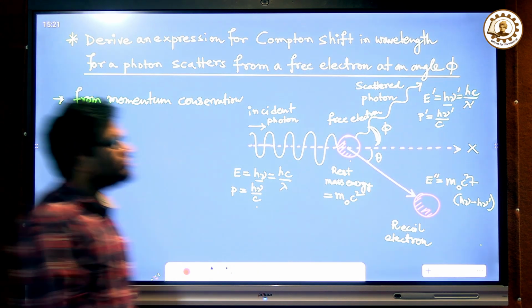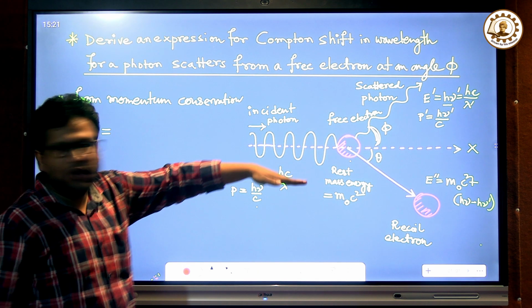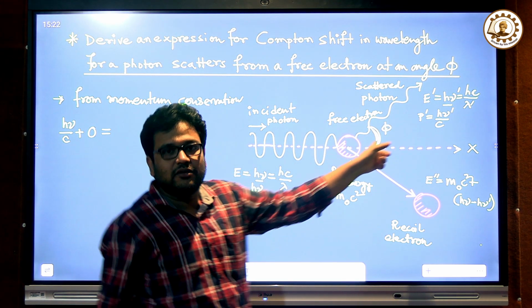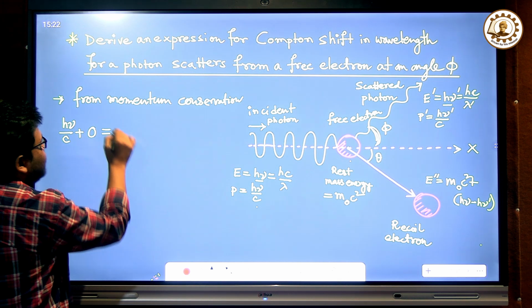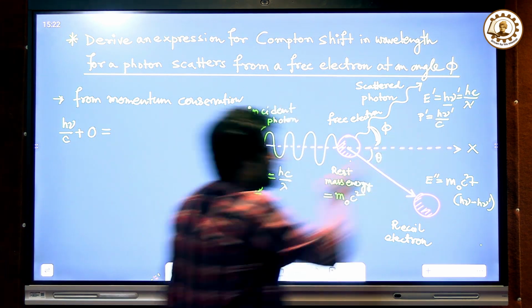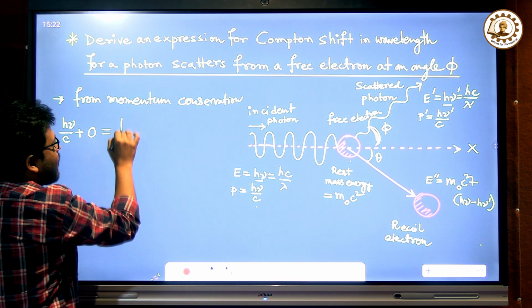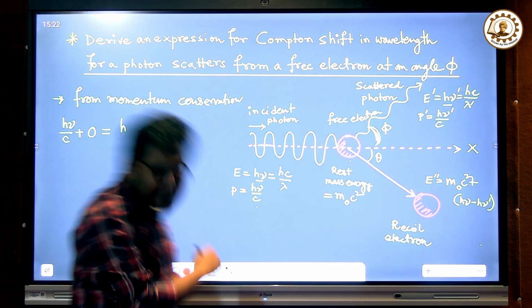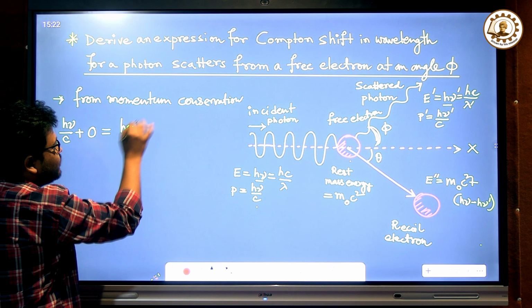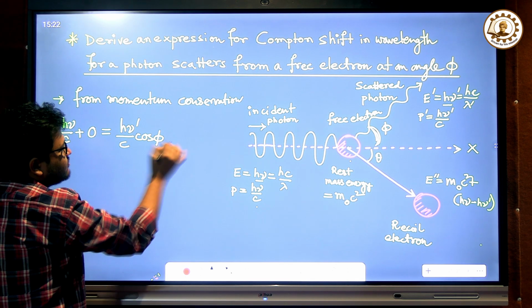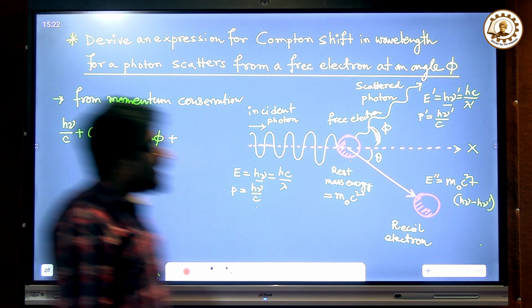So the component along the horizontal axis of p prime will be p prime cos phi. Now p prime means h nu prime by c. So the momentum of the scattered photon along the x-axis is h nu prime by c cos phi, plus